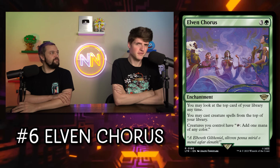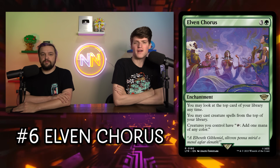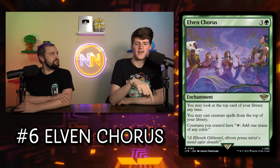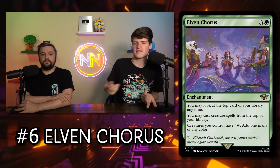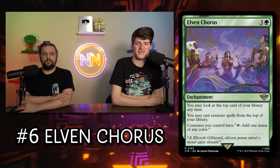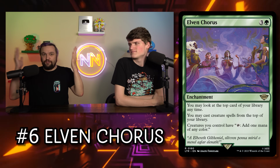It's kind of like Cryptolith Rite, but every once in a while you'll draw cards off of it. Like, okay, cool. And then also you're going to have combo turns similar to Bolas's Citadel, where you have creatures that give haste, or you have a haste enabler out, and now your creatures are casting creatures, and you could have even ways to scry or surveil so that you can put lands in the bin. I can't state enough how important it is when a card gives mana and card advantage. It just makes these cards...